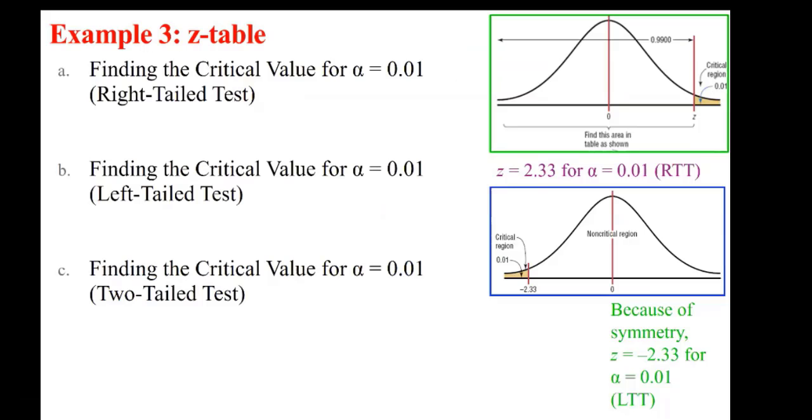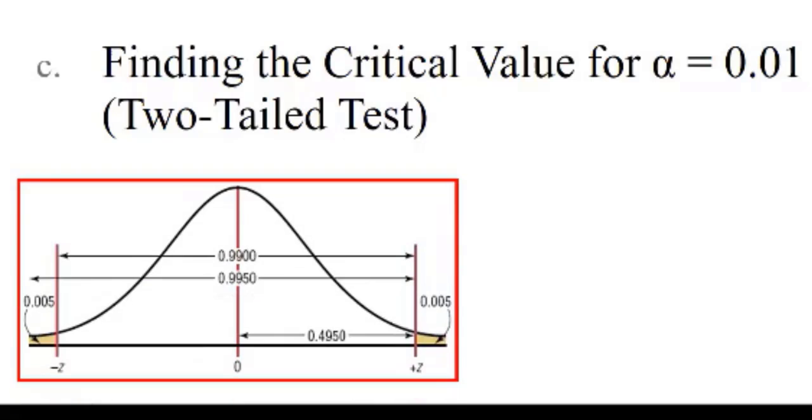Now, when you look at the last part, now you have 0.01. We want to find the critical value for alpha 0.01, but it happened to be a two-tailed test. What does it mean? It means 0.01 divided by 2 goes on each side. So each side has 0.005. So you go to the Z table and you look at the body of the table, not the left column, not the top row. And you look for the area equal to 0.005. And it gives you negative 2.575. It's one of those common values. Then the positive one is the same thing, positive. So plus minus